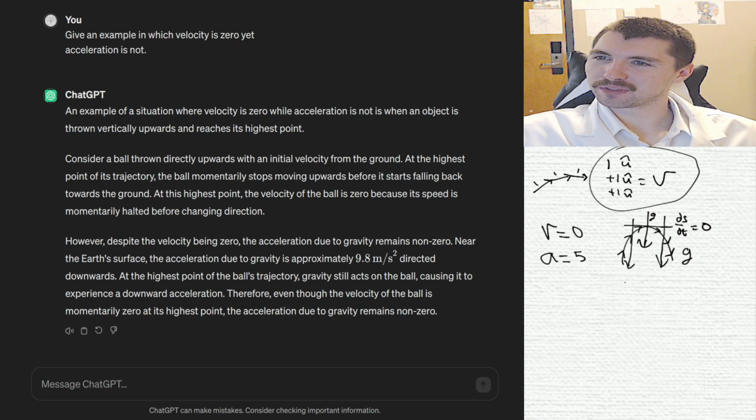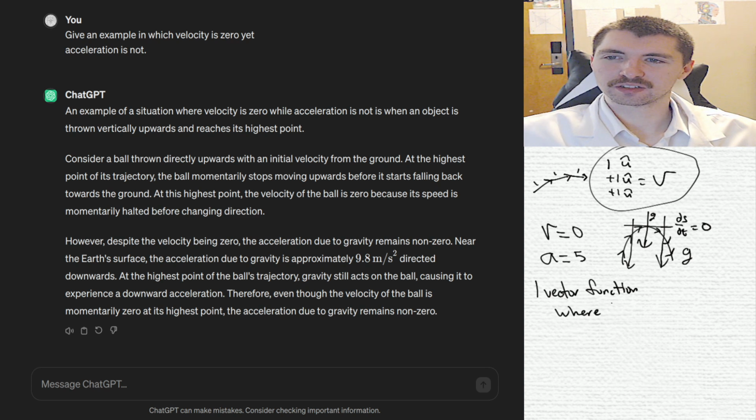I'm thinking of it as one function, but this is really two vector functions. So it should be one vector function